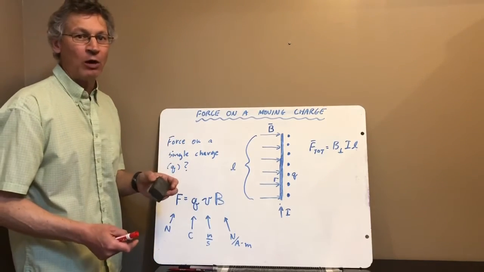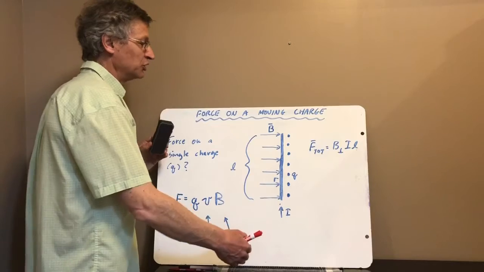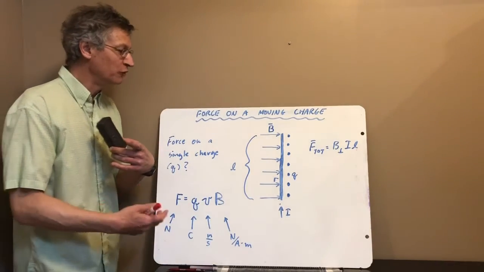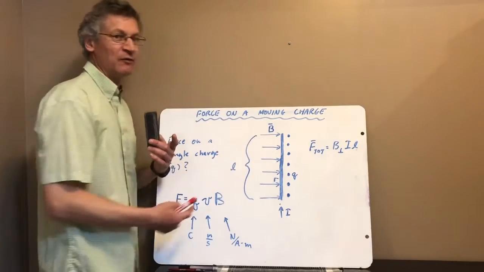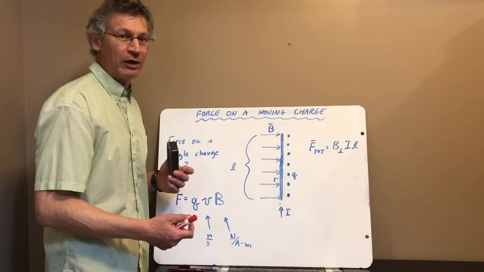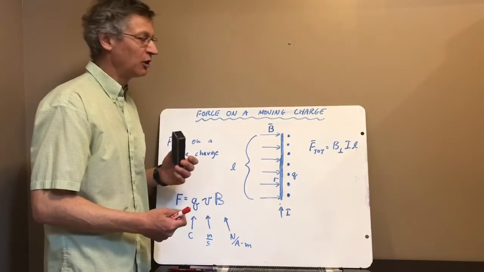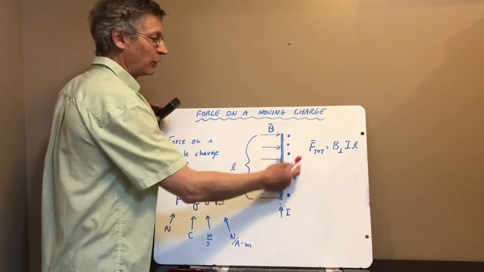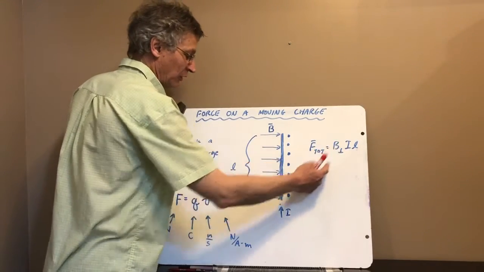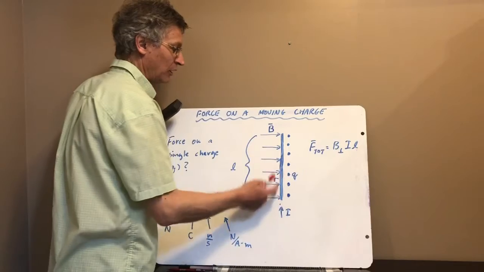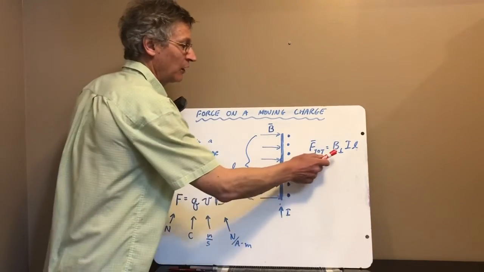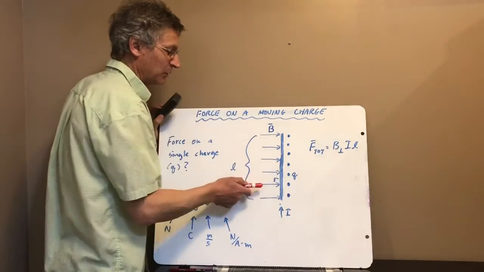And we know that moving charges inside the wire, those moving charges are inside a magnetic field. They're going to feel a force. We know the total force on the wire. Well, Bill tells us all about that, right? The total force on the wire is equal to BIL, the magnetic field times the current through it times the length of the wire. And remember, to use this formula as is, the magnetic field has to be perpendicular to